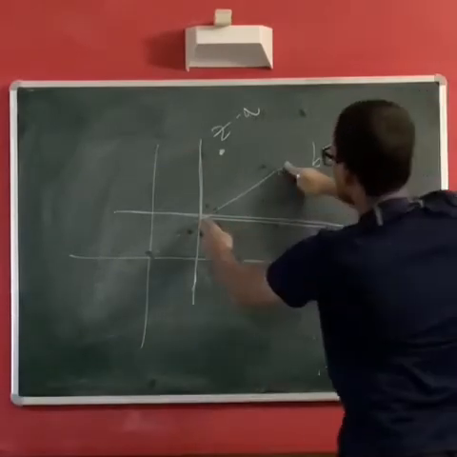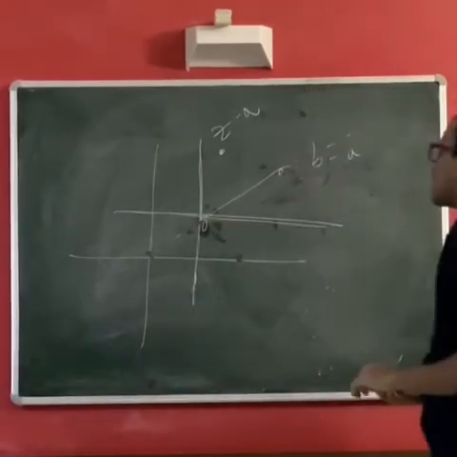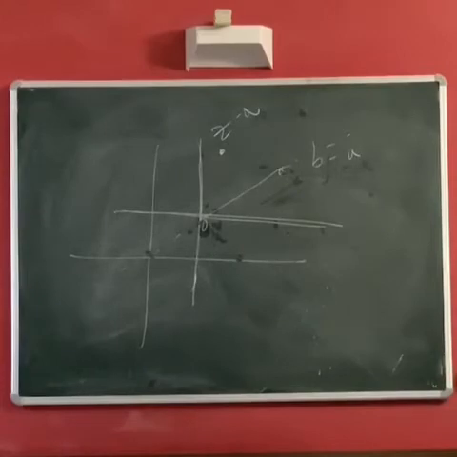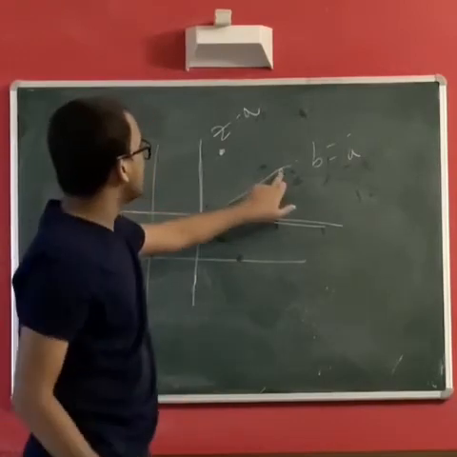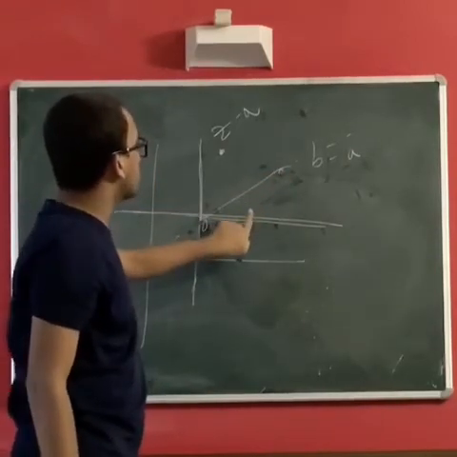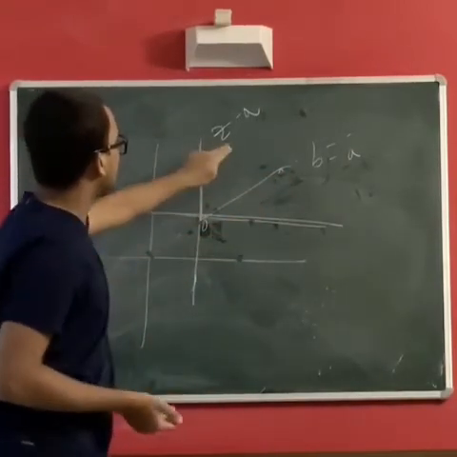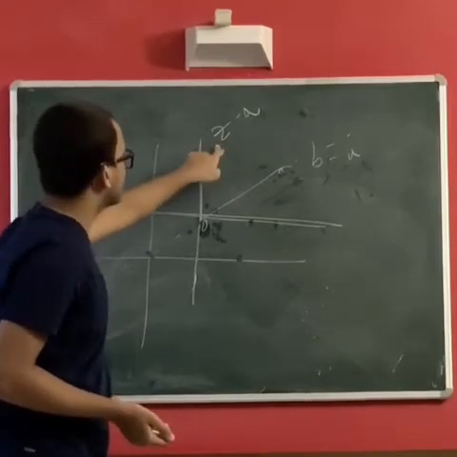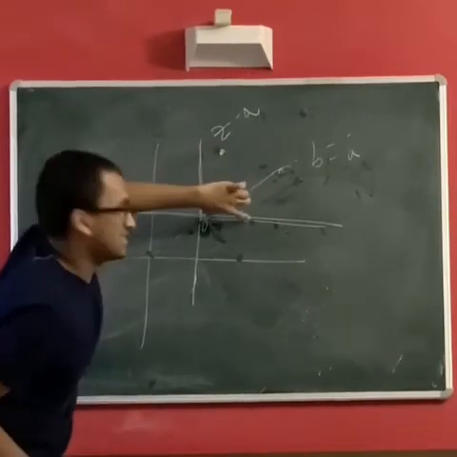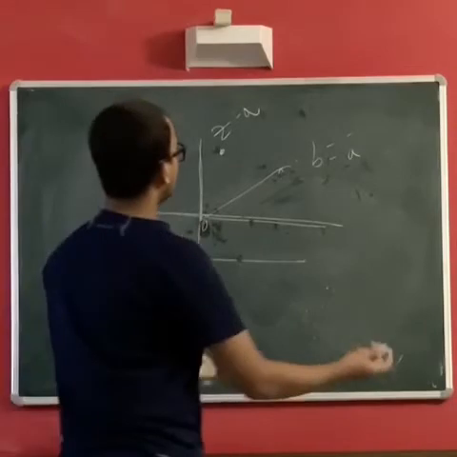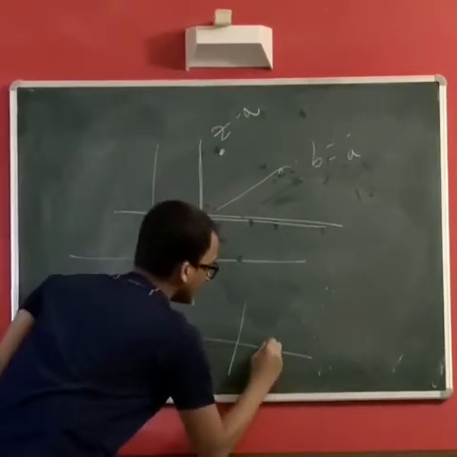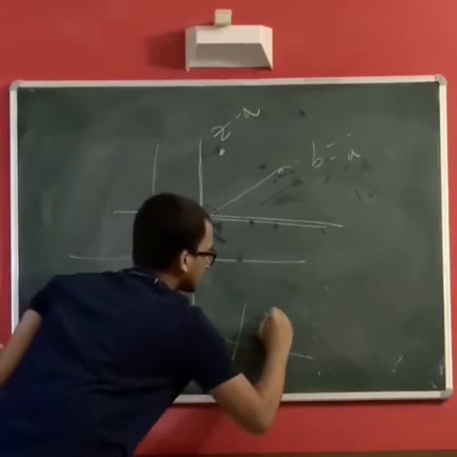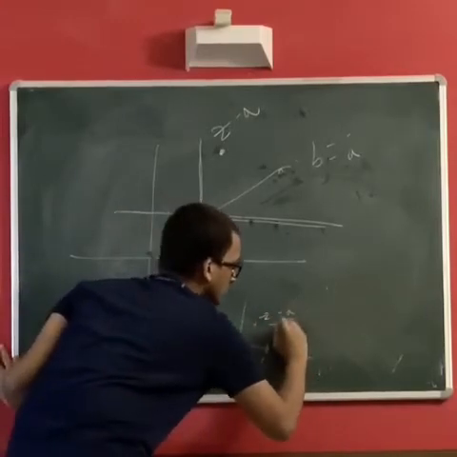Now you want to bring b minus a down. How do you do this? Right, it's simple. You just divide by b minus a. If you divide by b minus a, this aligns with 1. And then if you take the conjugate, you will have the conjugate of this point with respect to this line segment. So we'll just divide by b minus a. So what do you get at that point? You get 1, and you'll have this complex number z minus a over b minus a.